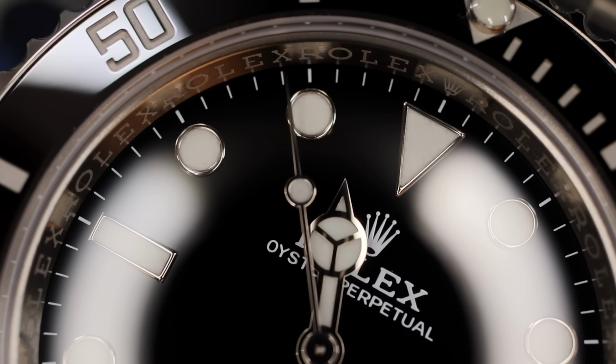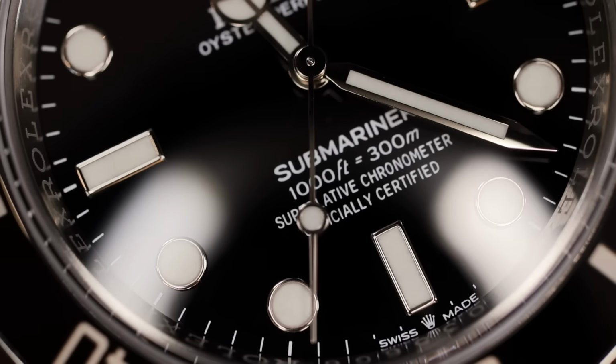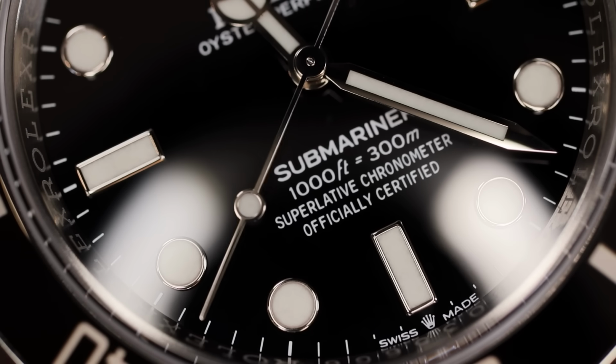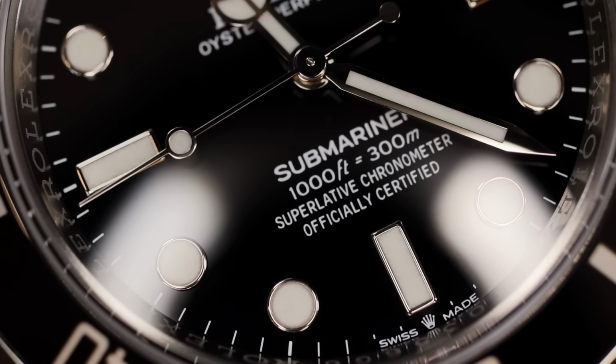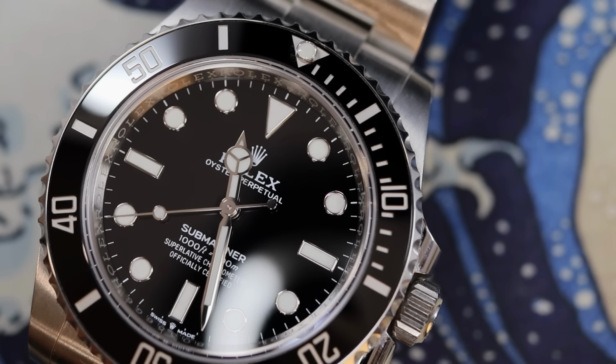Nowadays, I know the design has slowly evolved over the decades. This is sleek, this is contemporary, this is more aggressively shaped with the wider lugs and taper of the bracelet, the more aggressive crown guards. This is shiny with that ceramic bezel insert with the white gold marker surrounds and with that deep black lacquer